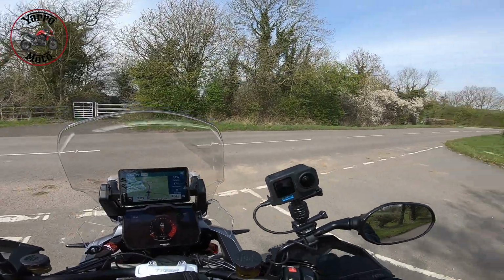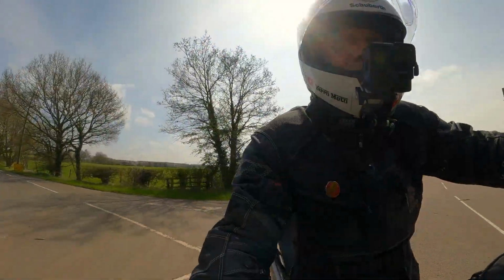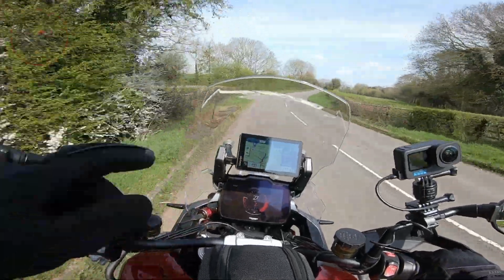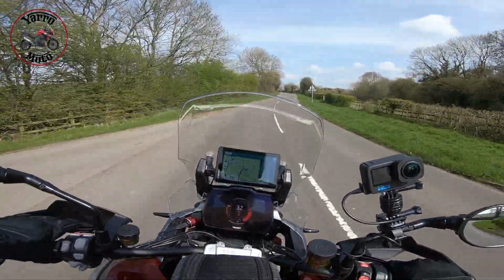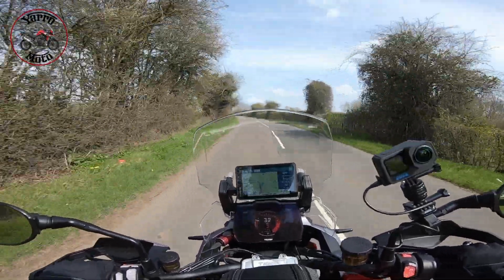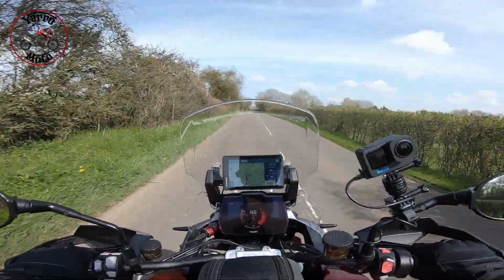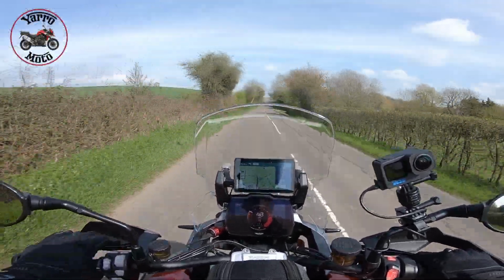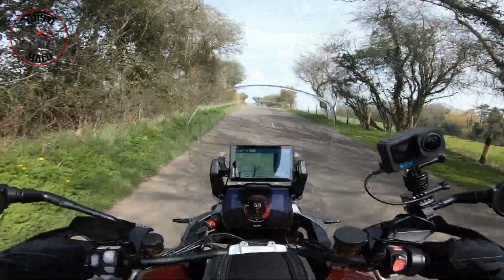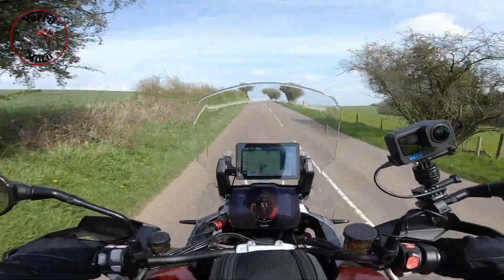Quite a nice little throb to it. Wasn't sure I'd like this T-plane crank, but actually the more I ride it, the more I'm getting to like it actually. I've got the screen at full height. Don't know if it comes across on there, but the Zumo doesn't wobble around too much at all. Much better than the Evotech one I had on the Gen 3. That did wobble a bit worryingly, but it's never dropped out, so...